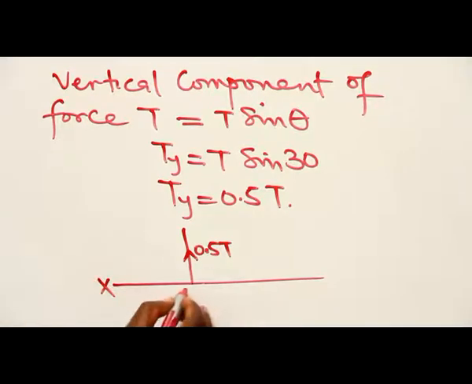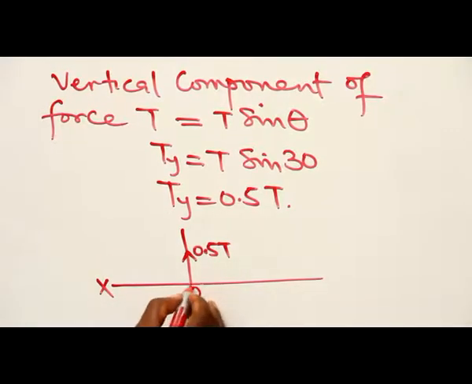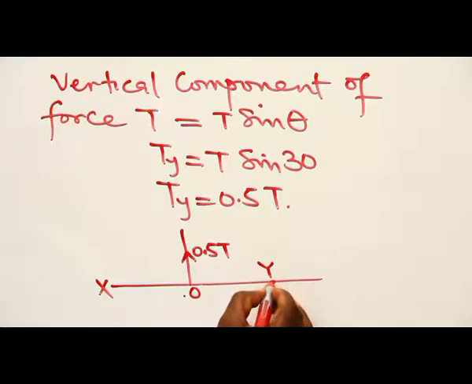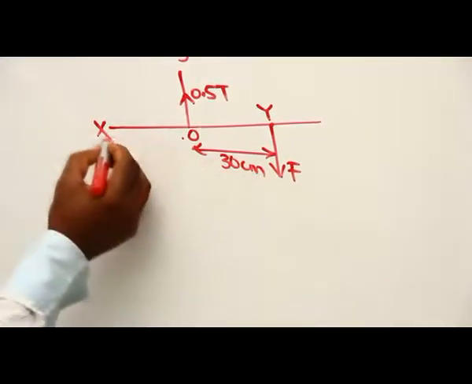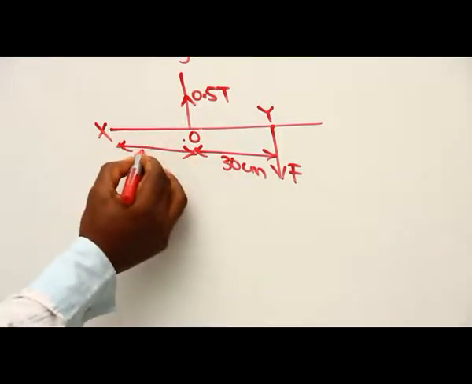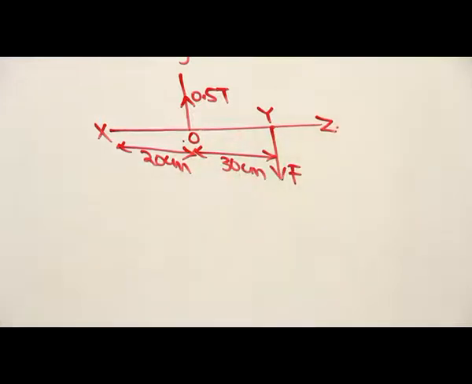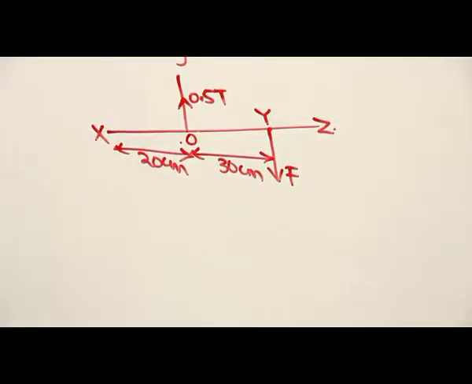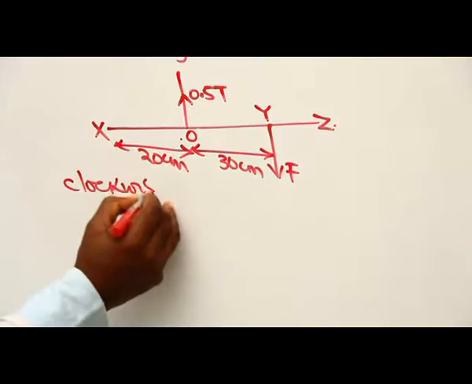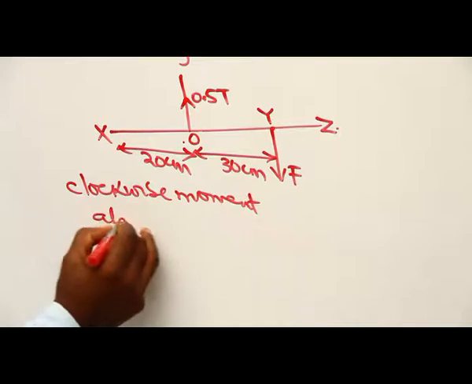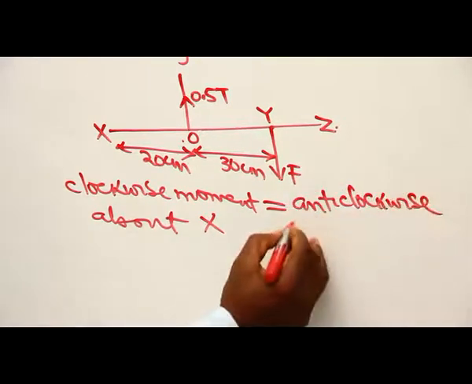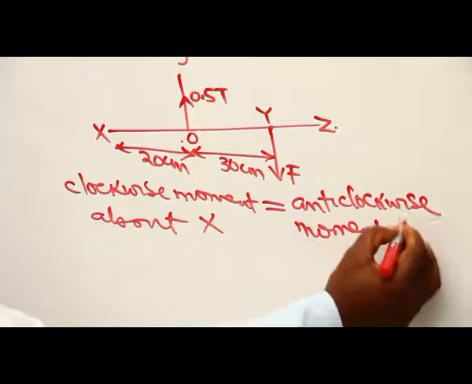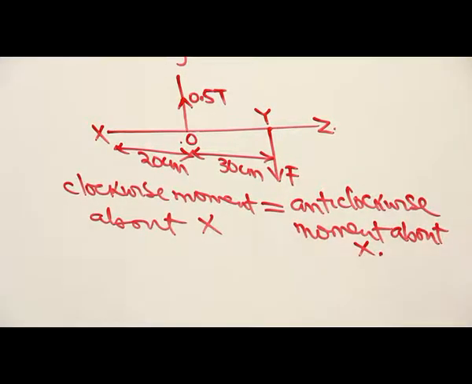And this point X, where it's hinged, then we still have a force F at a point Y, which is 30 cm from the 0 point. From X to that 0 point is 20 cm. Then this last end is Z. We can now take our moment about the point where the beam is hinged, point X. Therefore, clockwise moment about X must be equal to anti-clockwise moment